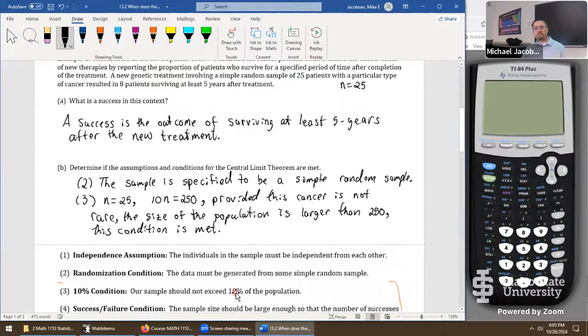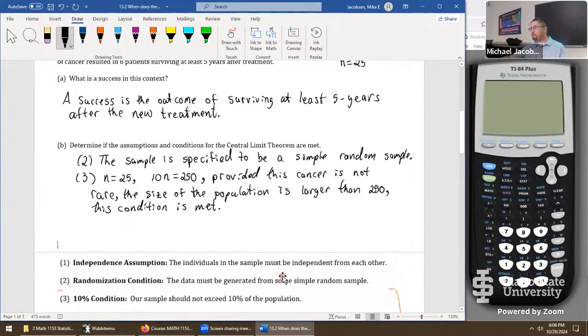Notice that 3 is a really tricky one. Depending on how you argue, how you view the problem, or what you just see in the write-up, maybe you really did say a very rare cancer. You might have said because it's very rare, it's conceivable 250 is larger than the actual size of the population, and this condition fails. So as long as you support your answers on this one, that would be an acceptable response as well.